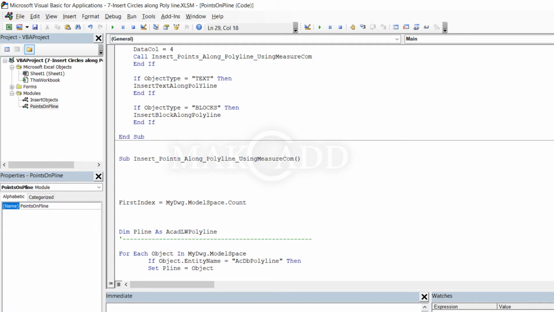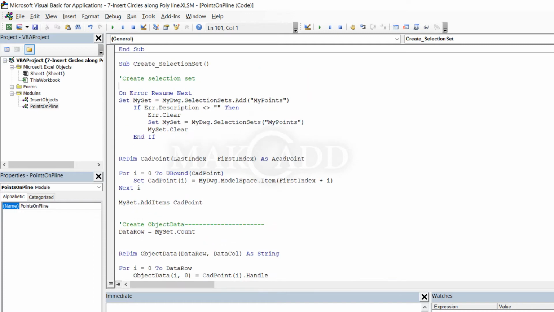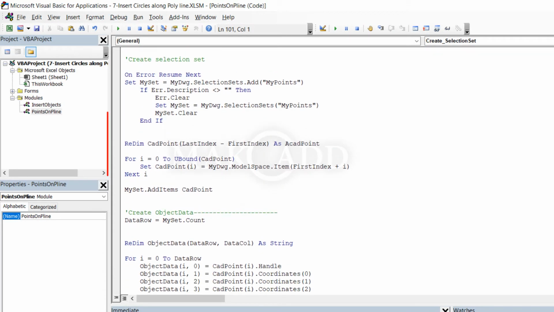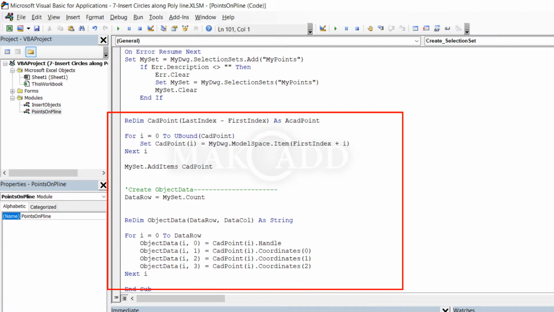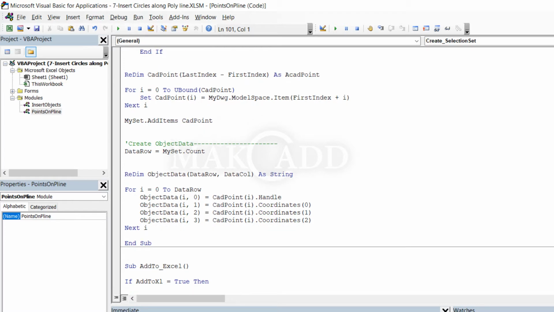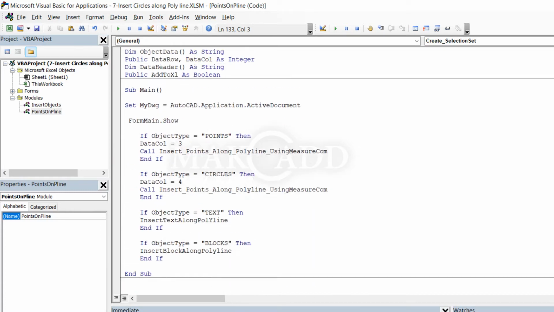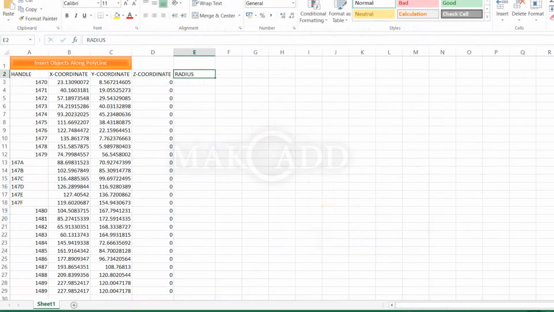And let the macro run until creating the object card point and creating object data. Here we will keep the object data as we created from the card point, as there is no change in the coordinate point of objects, either it is point, circle, text or blocks.